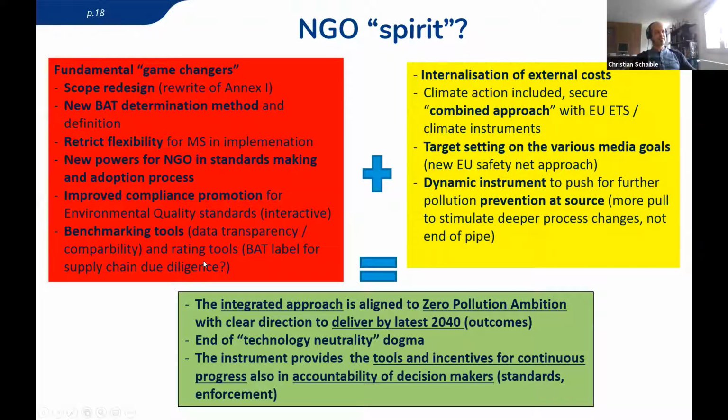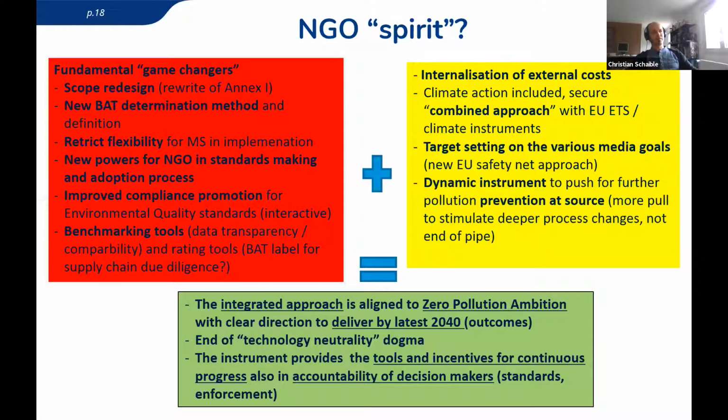To restrict flexibility, as I said, I think we need more power in the standard making and adoption process, because for the moment it's member states who vote, so they have the real power, and the Commission. The link to the environmental quality standards is not so obvious. For example, lignite power plants in Bulgaria, all of them got derogations on the mercury. How can it be? We have a Minamata Convention. We have 90% of the biota standards exceeded, so the fish tissues are exceeding the mercury limit in the water. How can it be to even add further mercury? I mean, this doesn't make any sense. But for the moment, this link doesn't really work well.